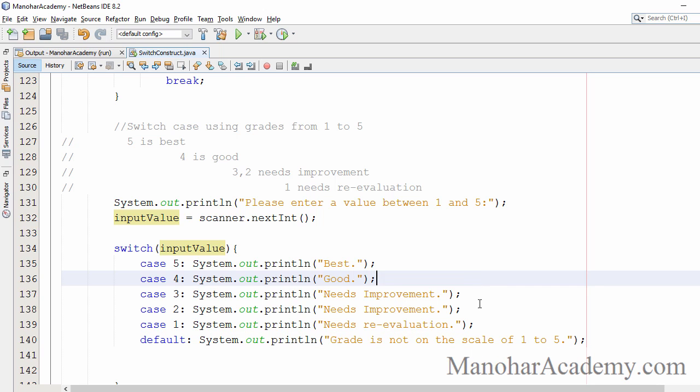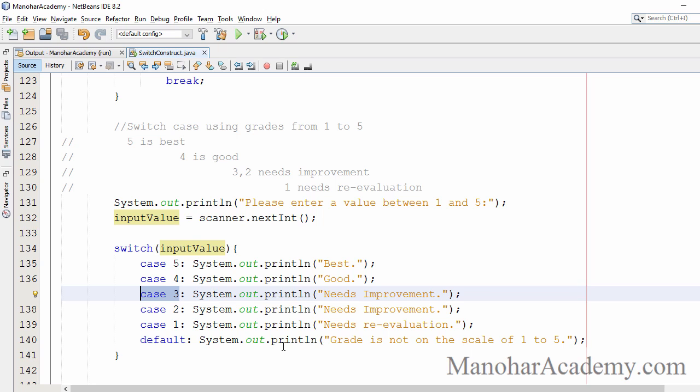Okay. So this is how we write our switch statement. But there is one thing to remember. How does switch work? So basically, the switch statement will take the input value, it will match with the cases. For example, the user entered 3. So it will match to this particular case. From here onwards, it will start executing whatever statements we have. Let's see that in an example. Let's see that by running this.